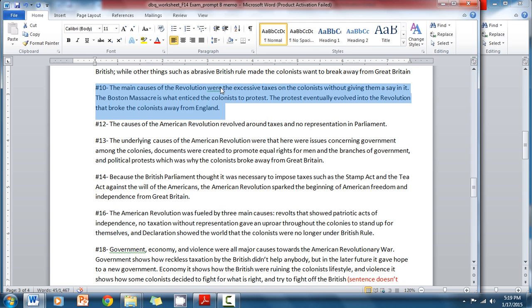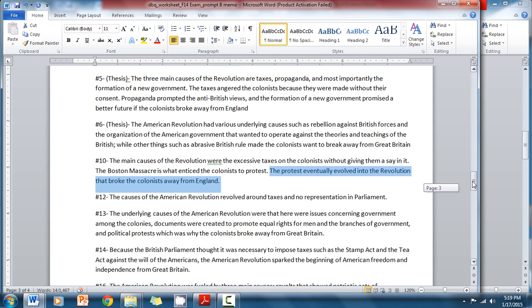The Boston Massacre is what enticed the colonists to protest. The protests eventually evolved into the revolution that broke the colonists away from England. This is not needed in the thesis. That's already known. So the only thing here,